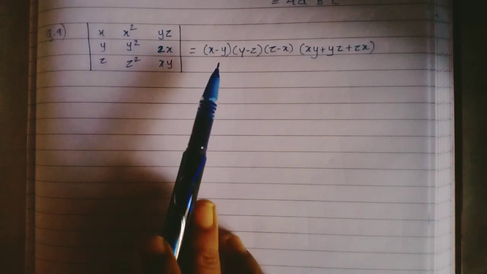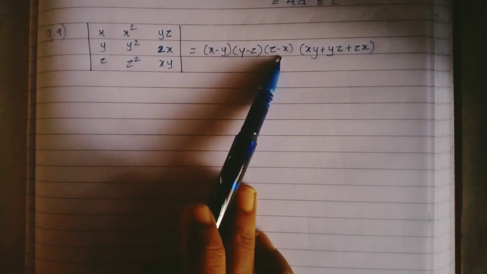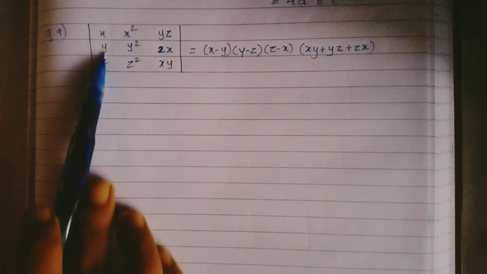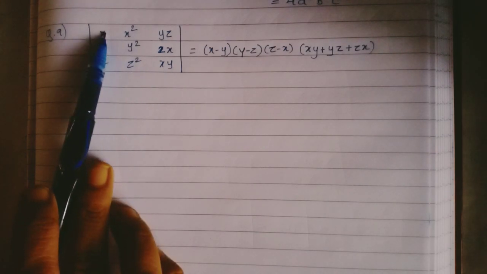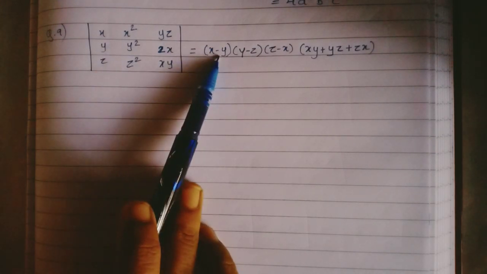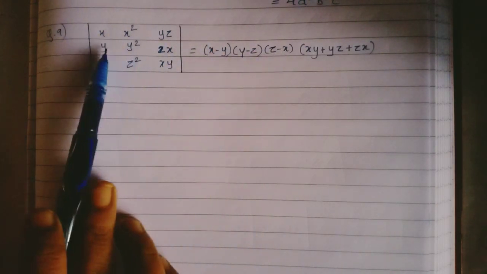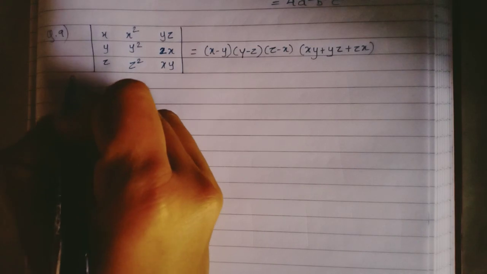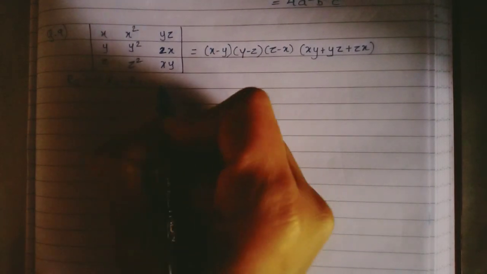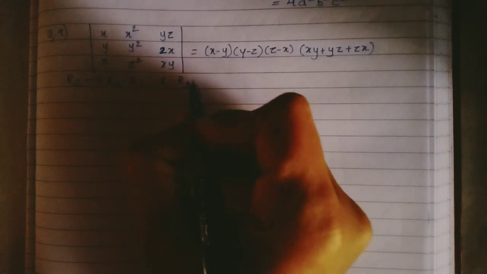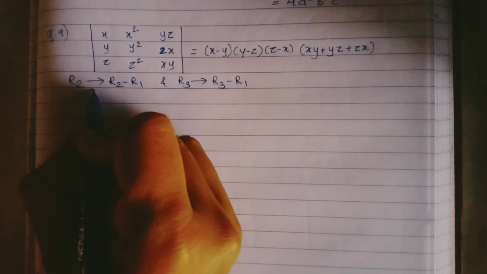Okay, now we want here x minus y, y minus z and z minus x. If we look at the elements here, if I take this y minus x, okay, so I'll get x minus y, right? And z minus x, I'll get z minus x. So operating on R2, that is R2 minus R1, and on R3, that is R3 minus R1. Okay, you will get